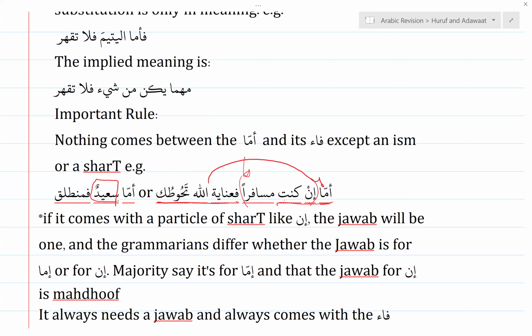Because most of the time we are used to the jumla shartiya having three parts. It has the adatu shart, it has the fi'l of shart, and it has the jawab of shart. So we are conditioned like this. So when we see an ism, we are confused. We're like, wait, where's the fi'l? We're expecting a fi'l. No, with amma, it does not come with a fi'l. It comes with an ism. So that's probably another difference. So amma sa'idun, amma kitabun, amma qalamun, amma muallimun, fa muntaliq. Right? Then he is leaving, or he has left.